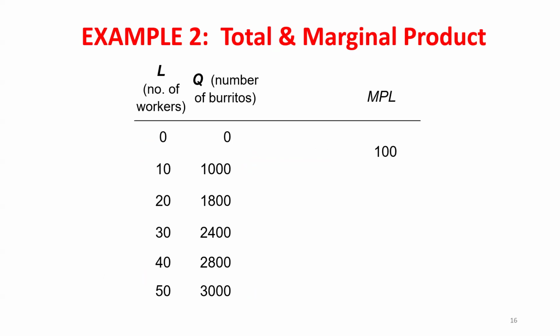But then it's really the same process. I just keep going through. If I want to go from 10 to 20 workers, change in output is 800. Change in the number of workers is now 10, 80, et cetera, et cetera, et cetera. I still have this decreasing marginal product of labor curve. I'm hiring less and less effective workers, or I'm hiring workers who add smaller and smaller amounts of additional output. Okay. Any questions on this idea before we keep moving?